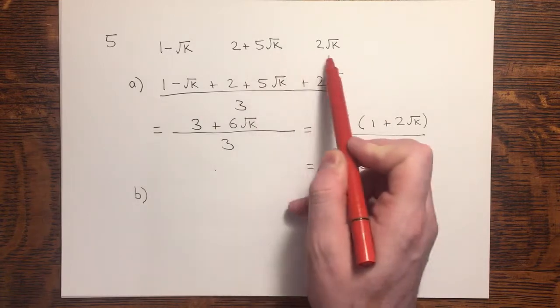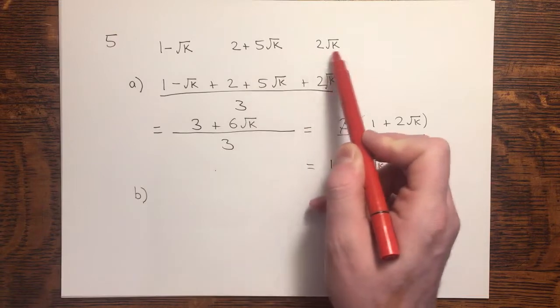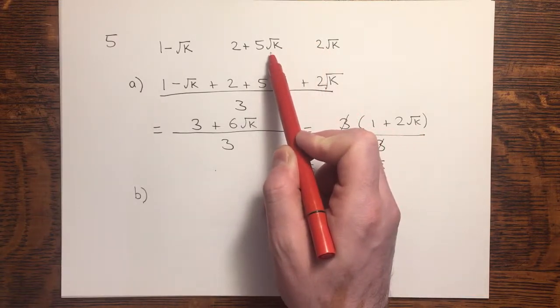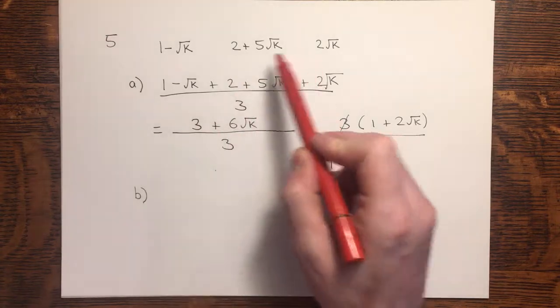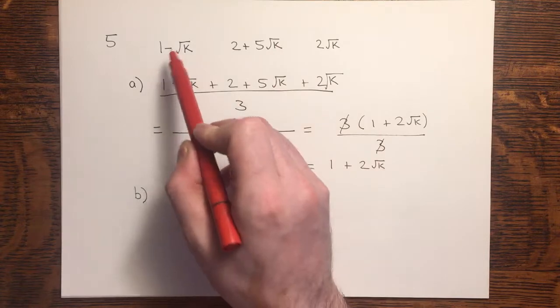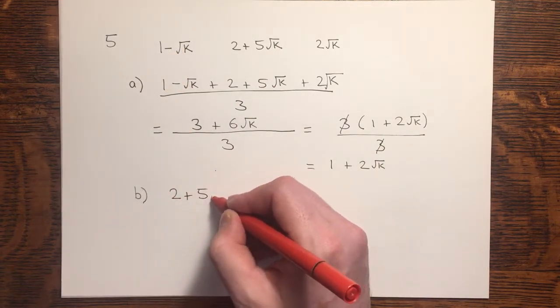That by itself doesn't tell us that this one is bigger, but if we consider the fact that if I took 2 root k away from each of these, this one would be 0 and this one would be at least 5, that should hopefully give us an idea that this one's the biggest. So the biggest and the smallest: 2 plus 5 root k